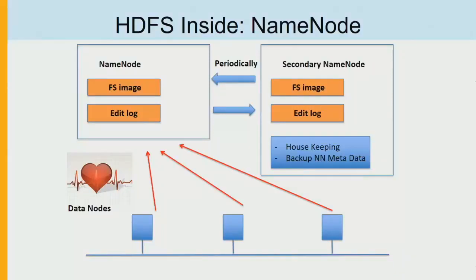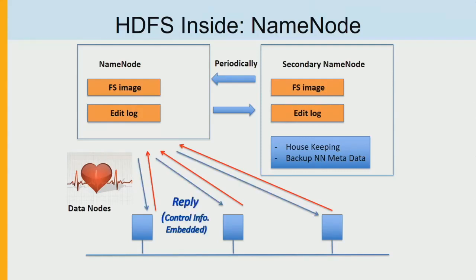Similarly, data nodes keep sending heartbeat messages to the name node to make sure that they have not failed and can be part of the processing. So if some data node fails to send heartbeat messages, that node is marked as failed, and then the MapReduce processes running on that node are restarted on a different data node which has the same set of data that is replicated. So this is why you need coordination between the job tracker, data node, and task tracker, to handle these failures at runtime.